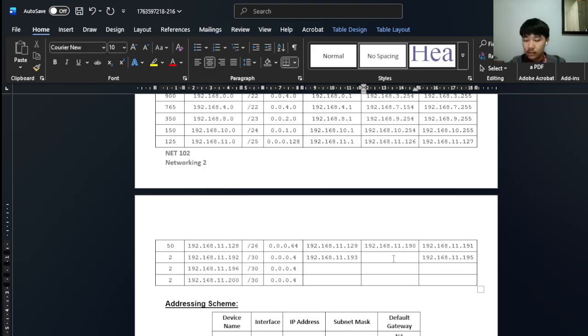Then decrease by 1, 192.168.11.194. So for the first usable address for this one, I think